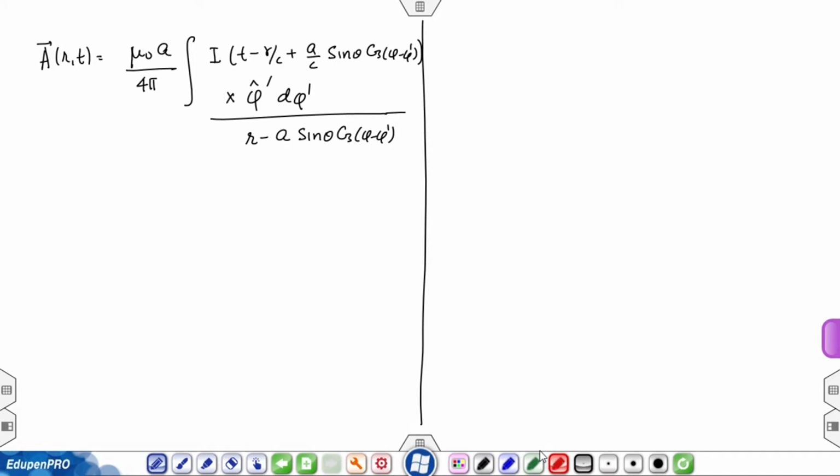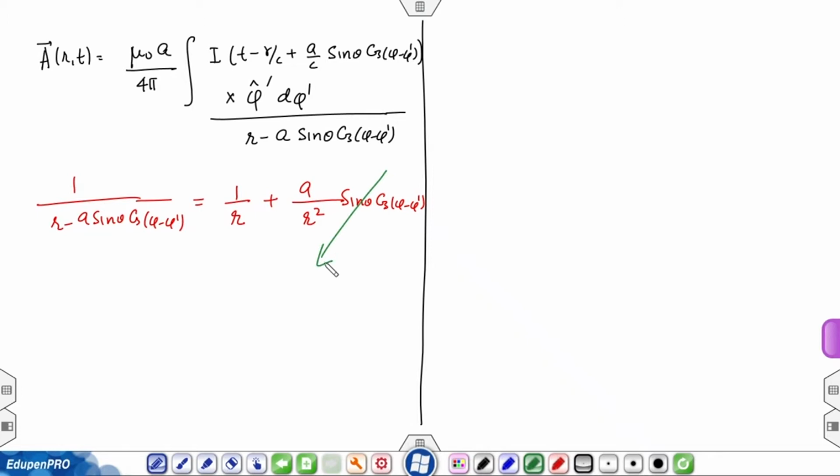Expand the term 1 over r minus a sin θ cos(φ − φ′) using the binomial theorem, and this comes out to be 1 over r plus (a/r²) sin θ cos(φ − φ′). Since the second term is order 1/r², I am going to neglect it, and therefore I can write A